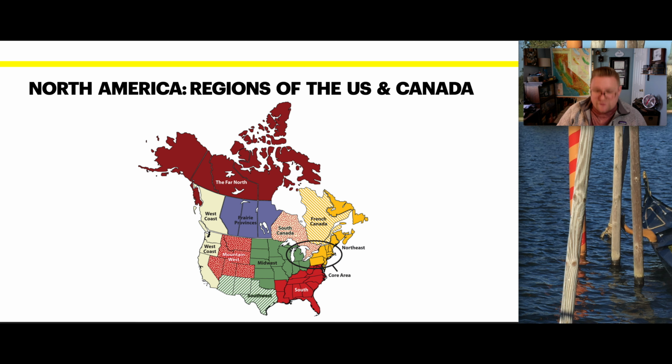So, North America regions, looking at it this way, we've heard these phrases before. We looked at it in other realms, such as Russia, but we definitely have these realms within the United States. We have the West Coast, the Mountain West, the Prairie Provinces, the Midwest, the Southwest, the South, and our core or hubs area. They're identifying this core area because of the megalopolis, the large, massive cities. Then South Canada, French Canada, the Northeast, and the far north. I went out of order there, but you've certainly heard of these regions and realms, so now you get a better perspective as to where they belong.